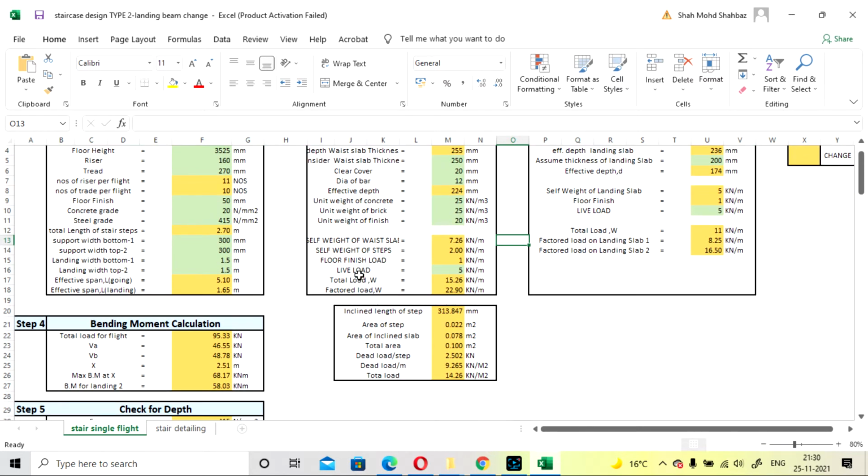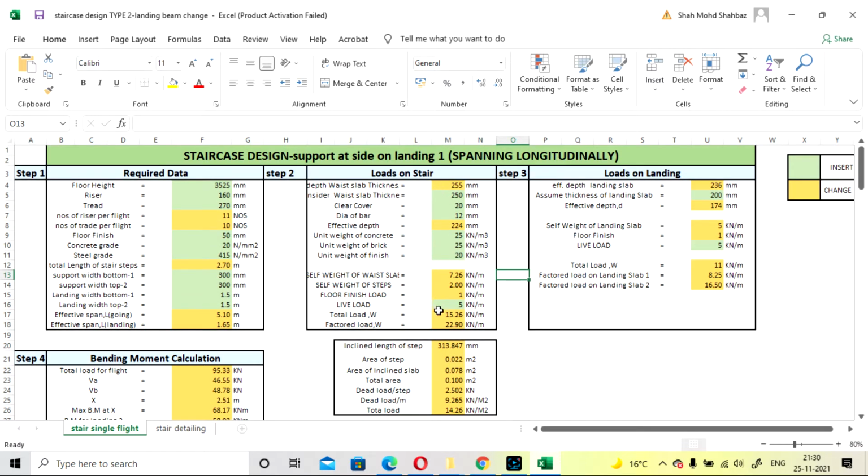You have to mention the live load here. That depends on the building. If more than 100 occupancy will be there, you can take from 3 to 5 kilonewton per meter square. For 1 meter width I am considering, that's why I am writing kilonewton per meter.